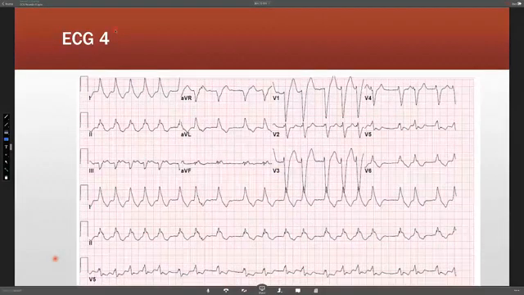Look at AVF; it's very fractionated. So the take-home message on this is underlying AFib and left bundle branch morphology. I don't think, as Sam mentioned, there's pre-excitation, because the QRS complexes look